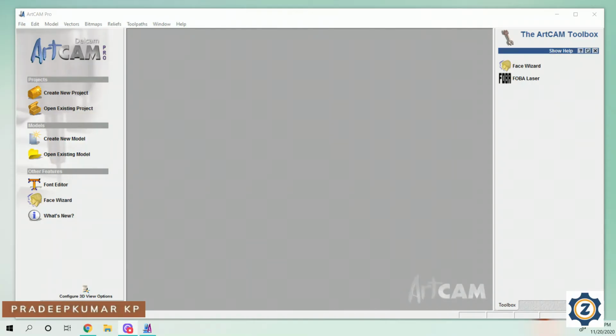So here I am using ArtCam software, the ArtCam 2008 release. In that we will see how we can do the letter cutting. So first we will go to the software. See, this is ArtCam 2008 software. So here